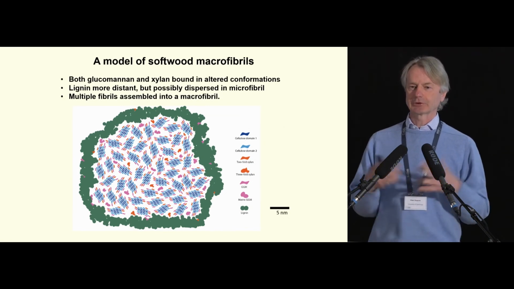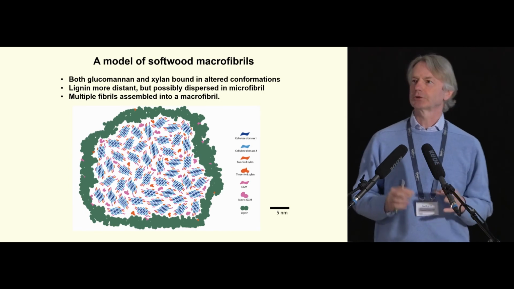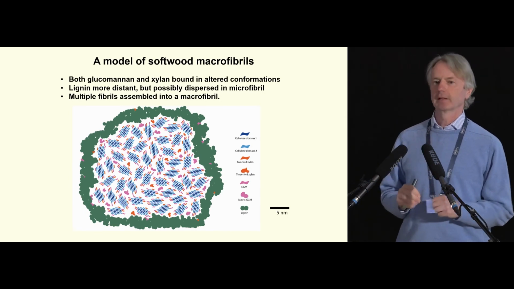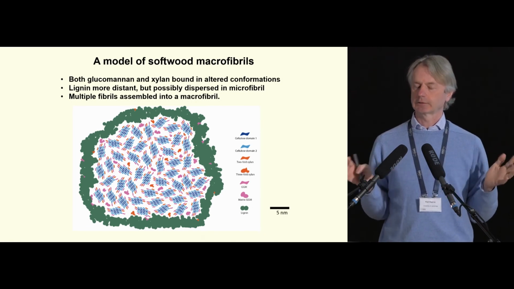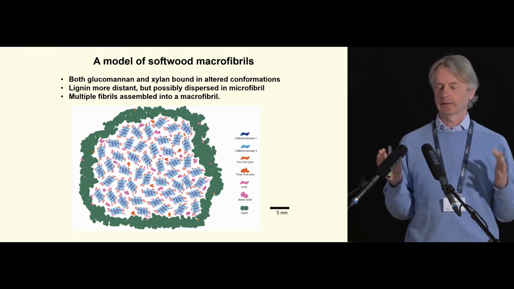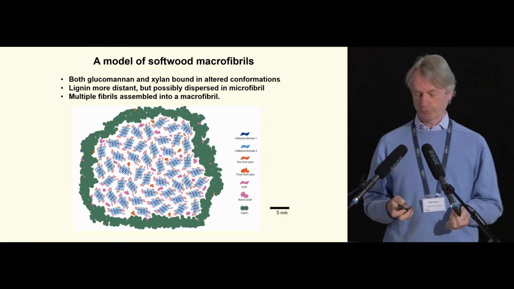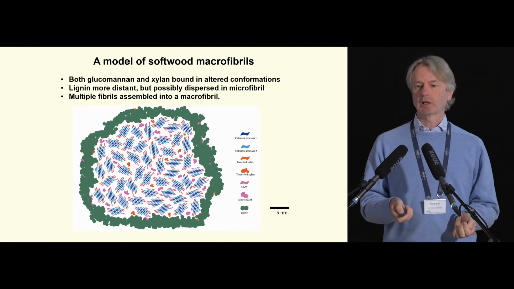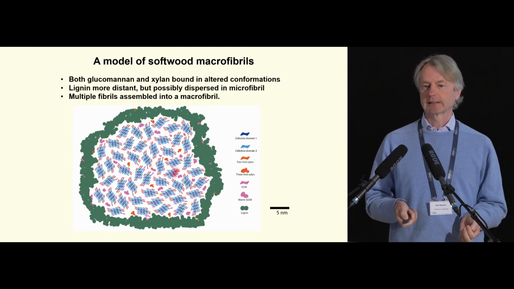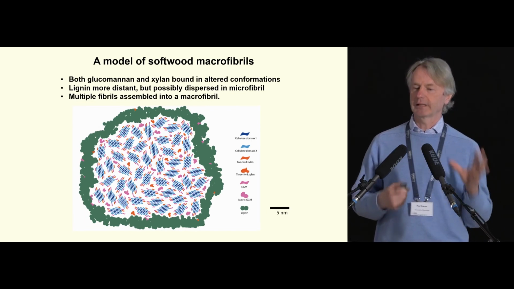So we sketched out a crude model of what those macrofibrils might be that I showed you by cryo-SEM at the beginning, considering that they are 18 to 20 nanometers in hardwoods. In softwoods, they're even bigger. They're perhaps 30 to 40 nanometers. This means that they must consist of a large number of individual cellulose microfibrils, which we think are probably 18